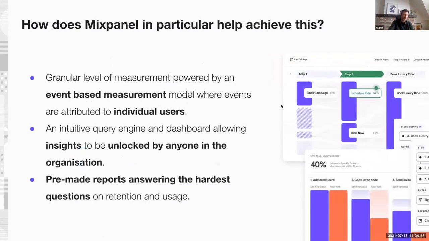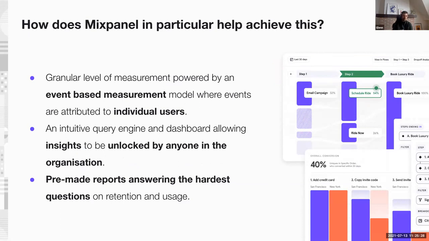How is Mixpanel and product analytics able to provide the insights that a marketing analytics tool is not able to? Well, everything starts from the base of measurement. Mixpanel and product analytics in general are focusing on getting very granular insights based on events and properties, which allows everybody to slice and dice data from different dimensions, create segments, create cohorts based on all of these variables, which is a depth of measurement that is not facilitated in, for instance, Universal Analytics.